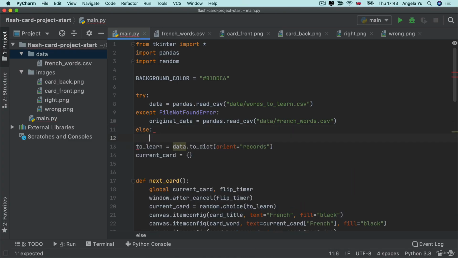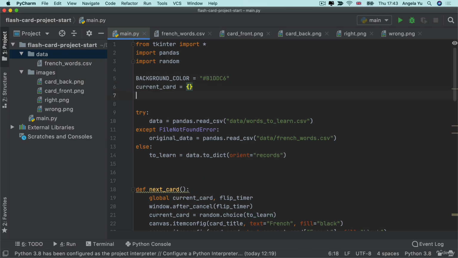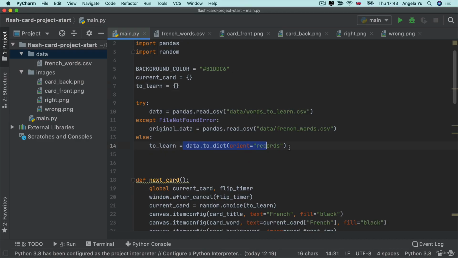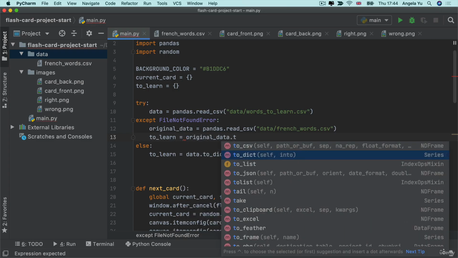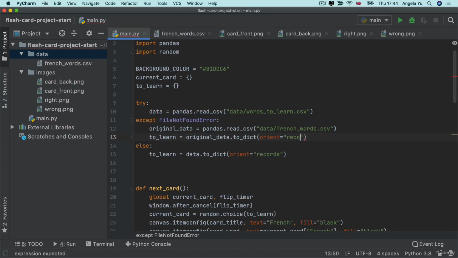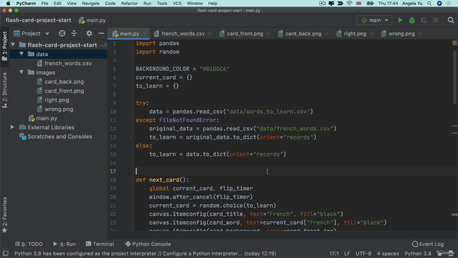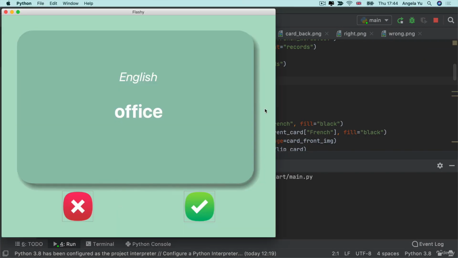So we can catch that with an else statement, and we can say, in this case, we're going to set a global variable called to_learn, which starts out as an empty dictionary, and we set it to the data that comes from this CSV. However, if that file was not found, then this to_learn is going to be set to the original data.to_dict, and we're going to orient according to records as well. So now when we run our code, you can see we have no errors,